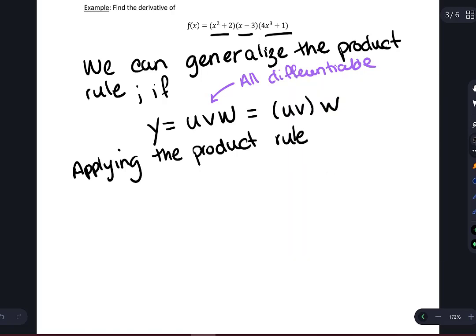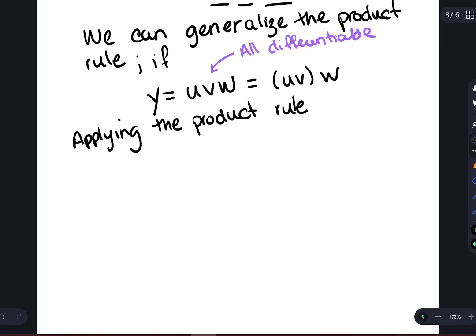So again, applying that product rule, notice that y prime would be equal to u times v prime times v plus u,